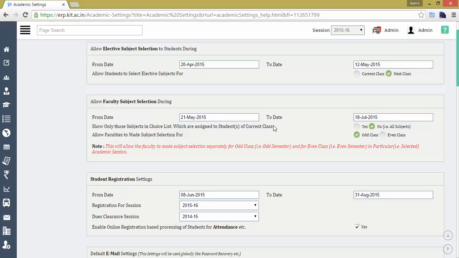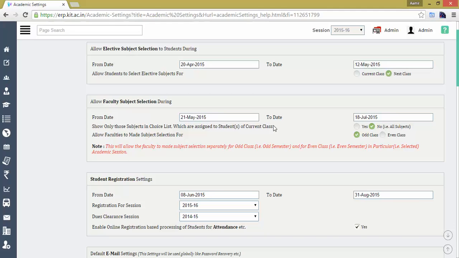Suppose there is an academic session 2015-16 and only 300 unique subjects are going to be taught in the academic session 2015-16 out of the 1000 subjects. So a faculty is not required to see the 1000 subjects and make the selection from them.